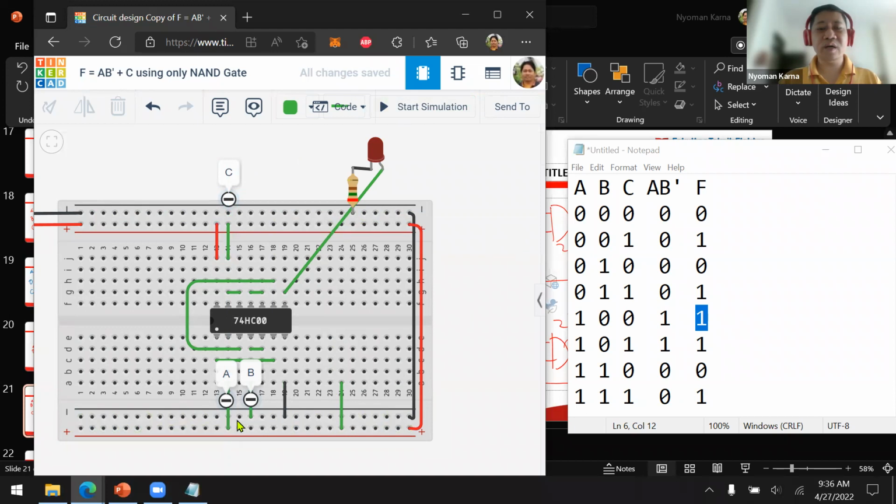Now we have 1, 0, 1. Start simulation is on. That one is correct also. 1, 1, 0. Off. Still correct. Then the last one is 1, 1, 1.